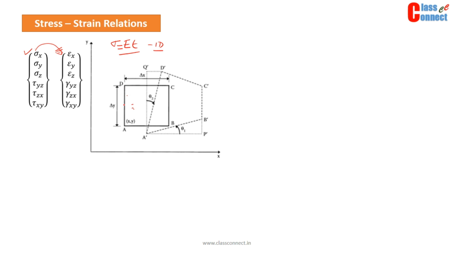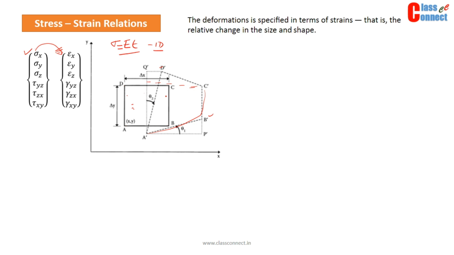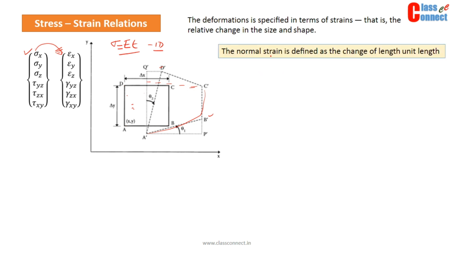The deformation of a small square element is shown here, and we can see A is shifted to this point, D is shifted to this, B is shifted to this and C is shifted to this. This is what the original element looks like, and then we have the deformation. The dotted one is the original, and this is the deformed element. And we know the normal strain is equal to the change in length in the direction in which we are calculating, with respect to the original dimension, and then the deformation with respect to the y direction and z direction.